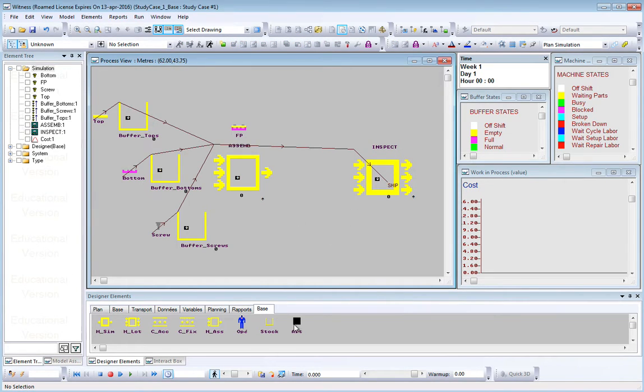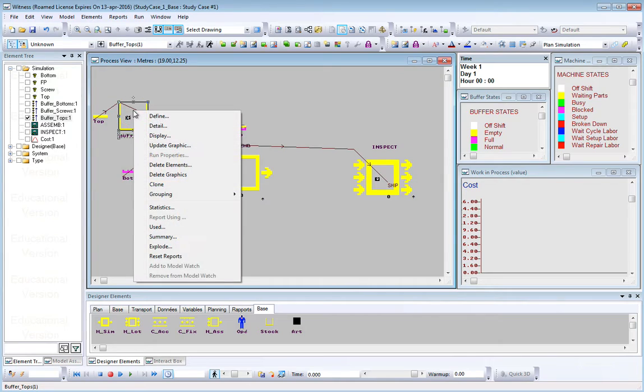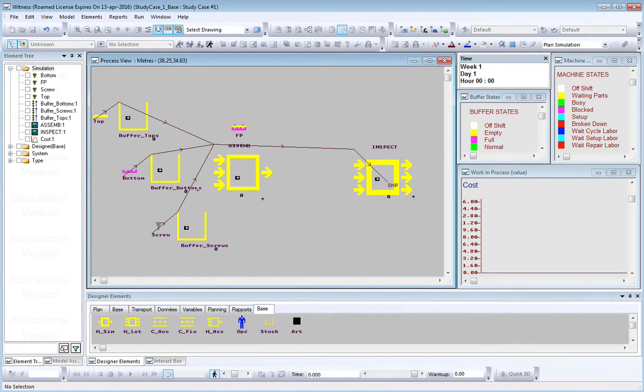Then the easiest option to add a new buffer is to duplicate an existing one. For example, you can select buffer tops, then right click on buffer tops, and in the pull down menu select clone, and then click where you want to locate this new buffer, for example here. As you can see, a new buffer is created here on the